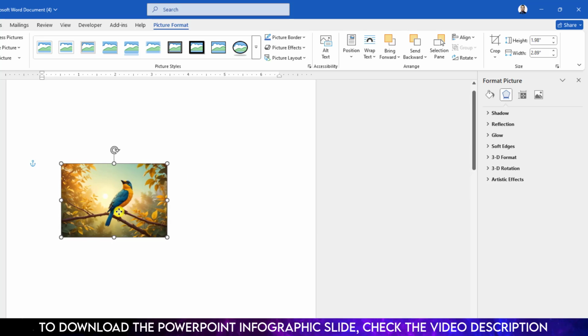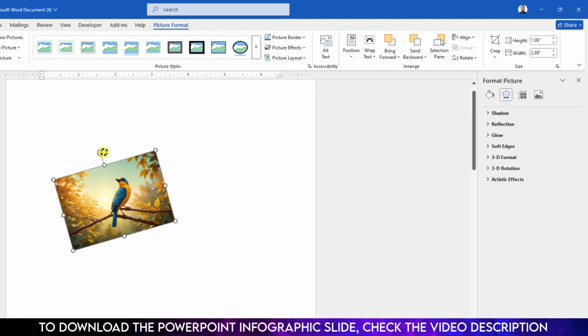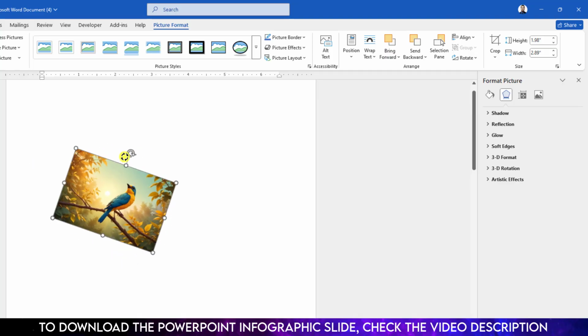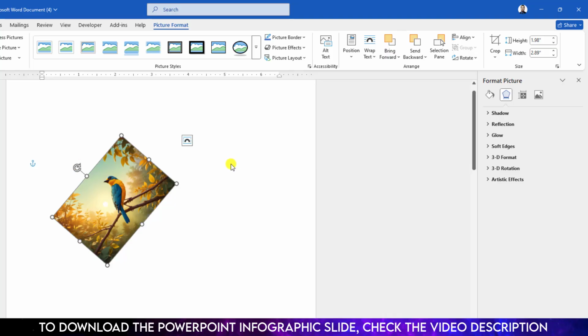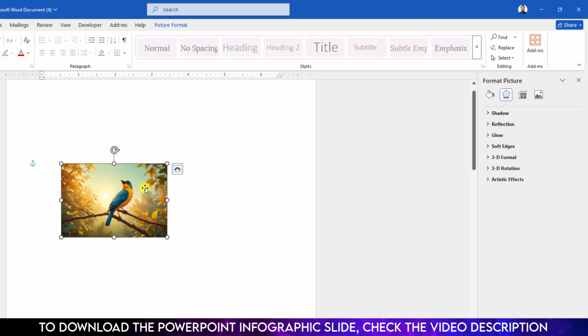If you want to rotate it, there are two options. Here you will see a small arrow key. You can rotate it in the custom range anywhere in your Word document like this, or there is any other